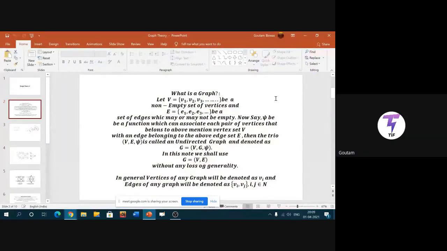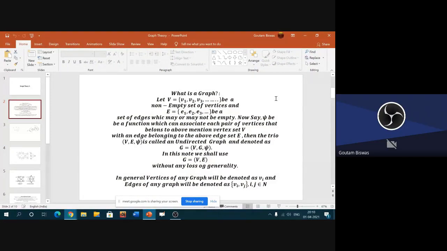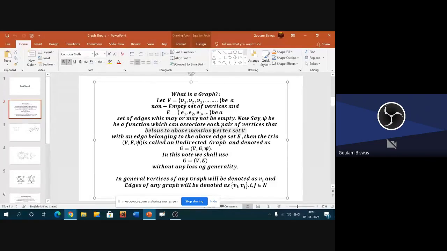Yes, sir. Okay, now these two sets are equal, and here I have explained this psi. Let psi be a function which associates each pair of vertices belonging to the above mentioned vertex set